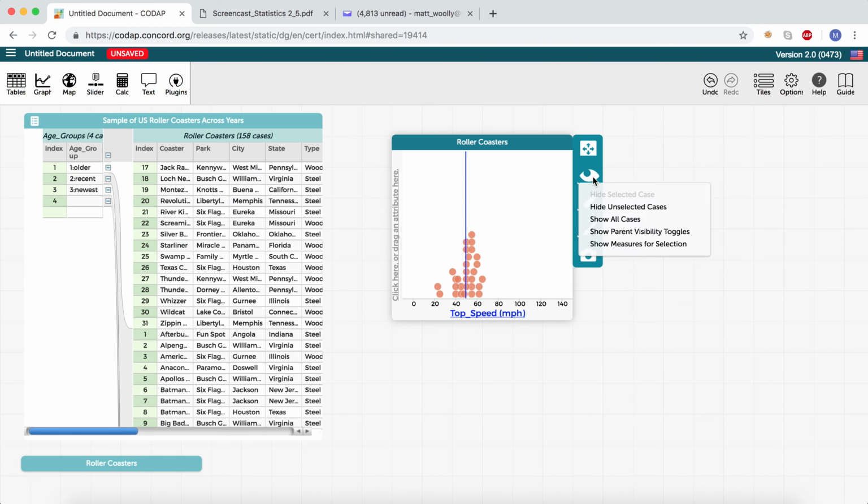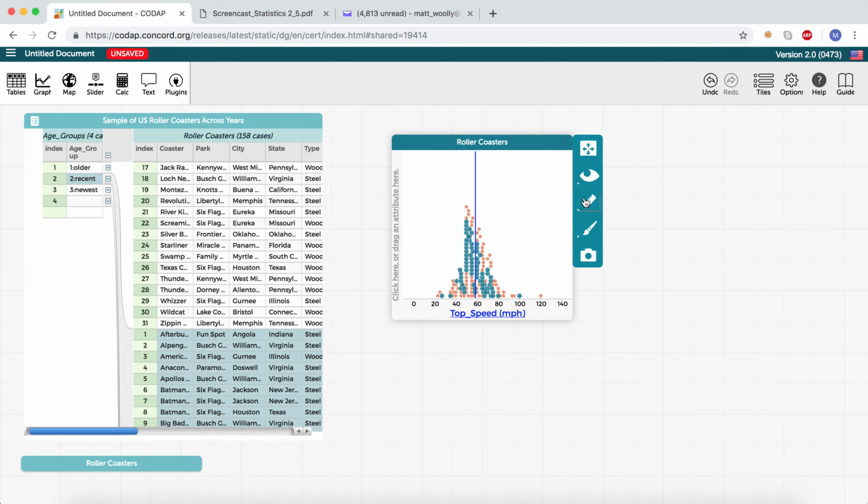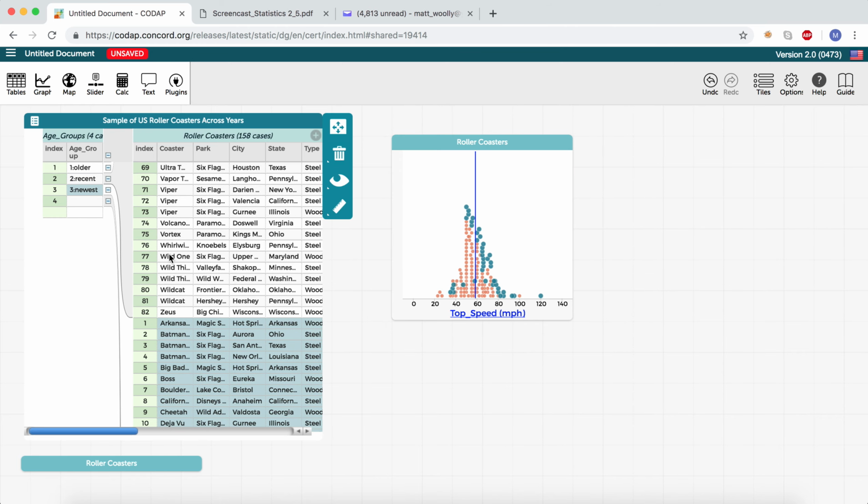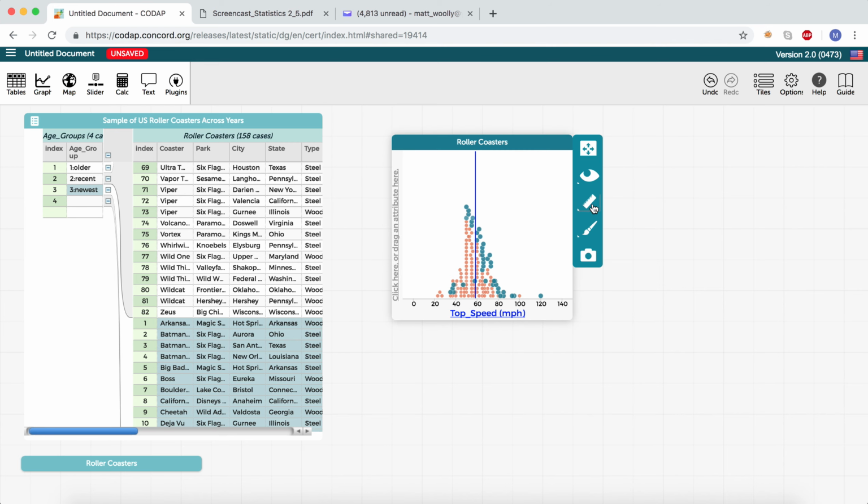So I have that written down. I hope you write that down as well. We're going to go back and show all the cases. We're going to do the same thing for recent, and we see that our mean is still selected, and we hide all the unselected cases just like we did before, and we can see that our mean for the recent has shifted to 58.1. Now we will go back and show all cases, and click the newest and see what that does. Yet again, we will hide all the unselected, and we'll see that it's 66 miles per hour for our